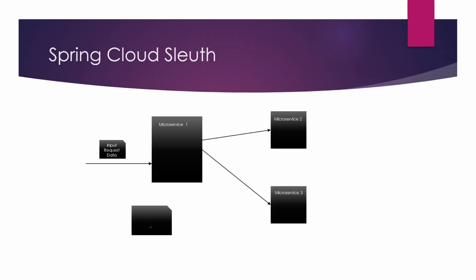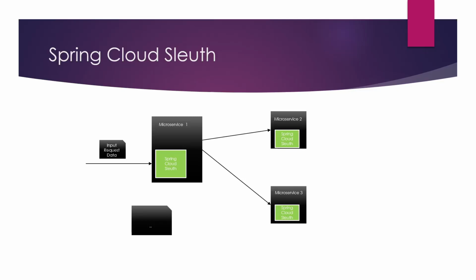Let us take a microservice app and see how instrumenting the microservices with Spring Cloud Sleuth will help provide identifiers for the HTTP request as they pass through the microservices. So in this application, we have microservice 1, 2, and 3. Microservice 1 is the microservice receiving the HTTP request. To be able to identify and generate the identifier, each of the microservices should be instrumented with Spring Cloud Sleuth.